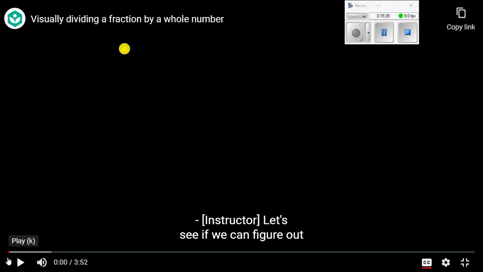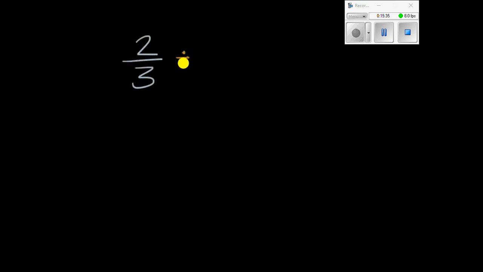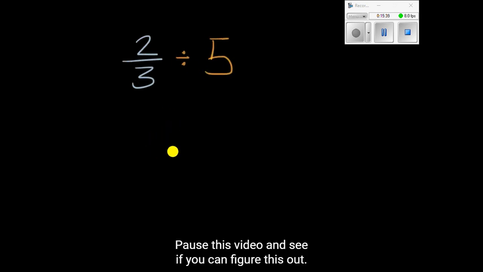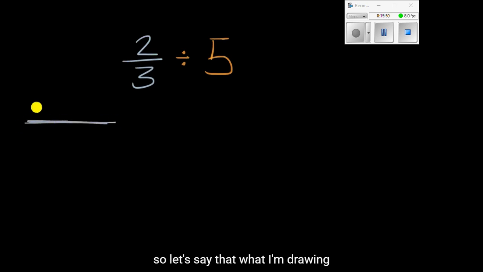Is it going here? Figure out what 2 over 3 divided by 5 is equal to. As long as it's video, let's see if you can figure this out. Well, there's a couple of ways that we can approach it. We can first do it in a conceptual way. Think about it. Let me represent it. So let's say this